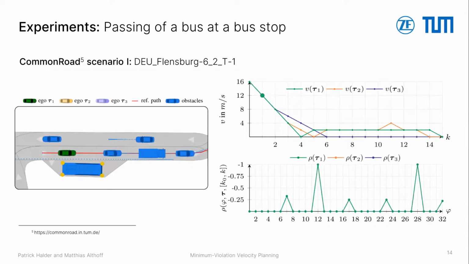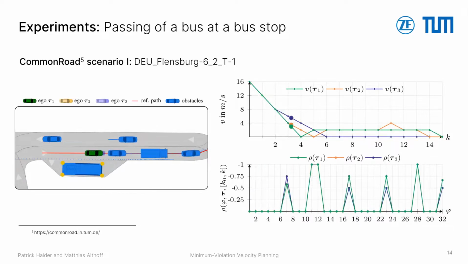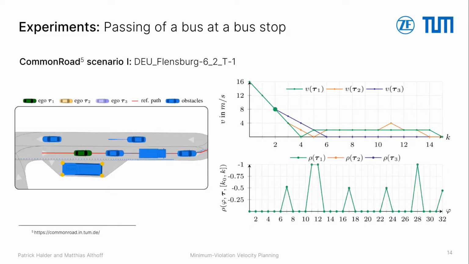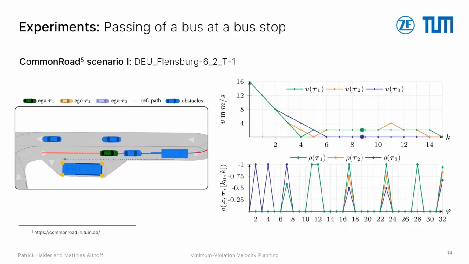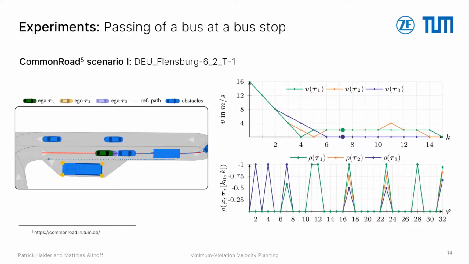Let us now look at some example scenarios from the CommonRoad benchmark suite. On the left side, you can see the scenario where the green ego vehicle moves according to the minimum violation trajectory, and the yellow and light blue ego vehicles correspond to two lexicographically worse trajectories. The corresponding velocity profiles are shown in the right top figure. In the right bottom figure, you can see the scaled robustness of all 32 STL rules, and you can see how the negative robustness increases when the time horizon also increases. The robustness values at the last presented time step are the ones which are used to compare the trajectories lexicographically, since they correspond to the complete planning time horizon.